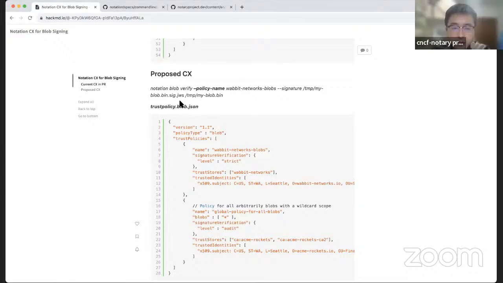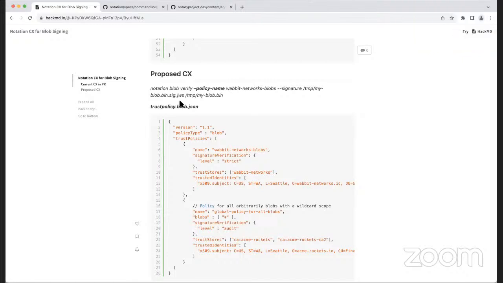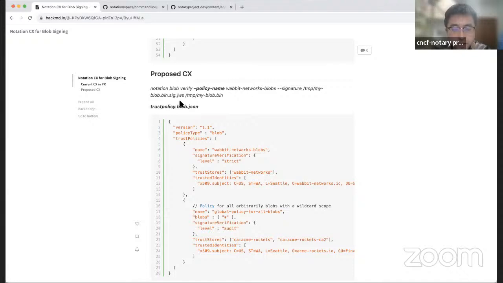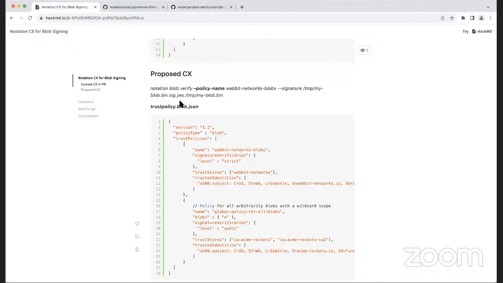Okay. So for the policy name, can we have the same policy name for different policies? I think, if I remember correctly, according to the current trust policy document, it seems the scopes are another differentiator. So I'm not sure whether we can use the same name for different policies. So that means the name could be another key, right? Yeah, I think we need to validate that.